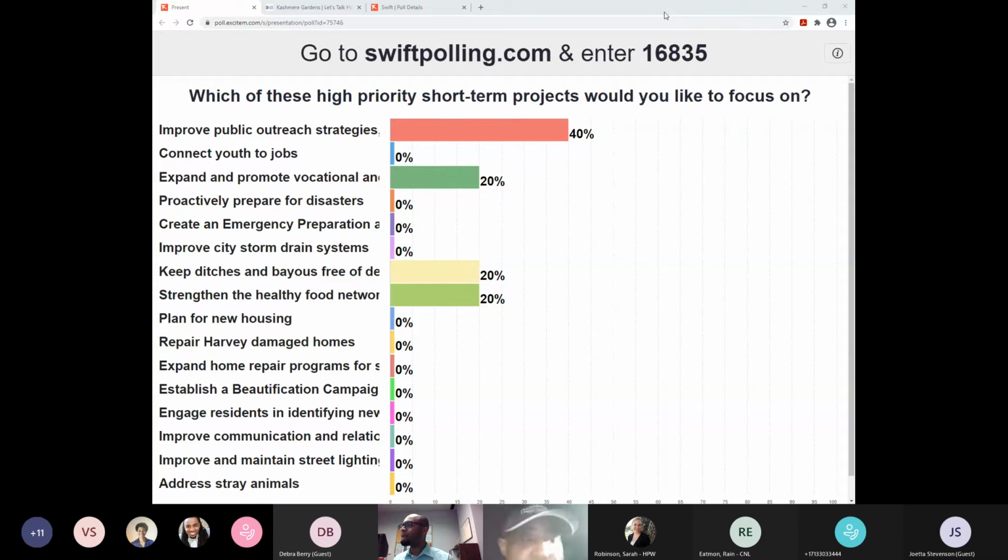Okay. Thank you for that comment, Mr. Downey. Has everyone been able to take the survey? So far, the majority of the votes have gone to improve public outreach strategies,